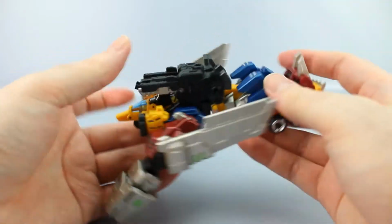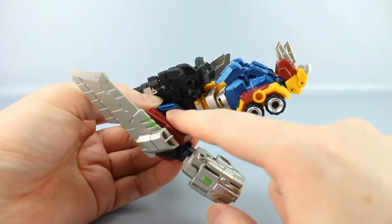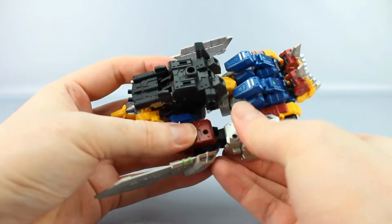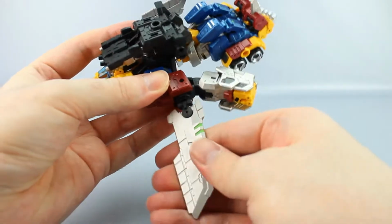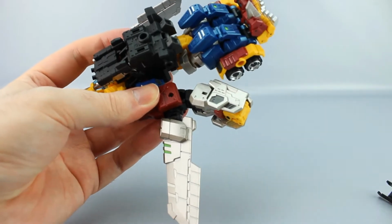Like that. Then here, you want to take the arms and move them back, and there's a little slot here, which the arm will tab into. Like that. Oop, I'm going to tap that. You also want to rotate the lower arm around, take the wings, move it out, rotate around, and this little bit of the wing,